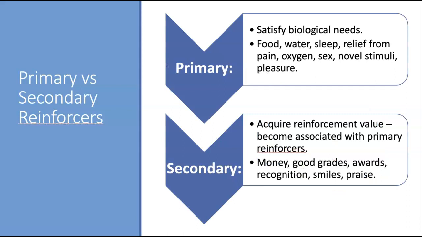Now, the next thing to know about reinforcers is that they can be categorized into one of two types: primary reinforcers and secondary reinforcers. Primary reinforcers are reinforcers that are naturally rewarding because they satisfy some kind of biological need. So, for example, food is a primary reinforcer because we have a biological need for food and it satisfies that. Anything that is pleasurable, or even affection. We have a human need for affection, so getting affection from people would be a primary reinforcer that isn't listed